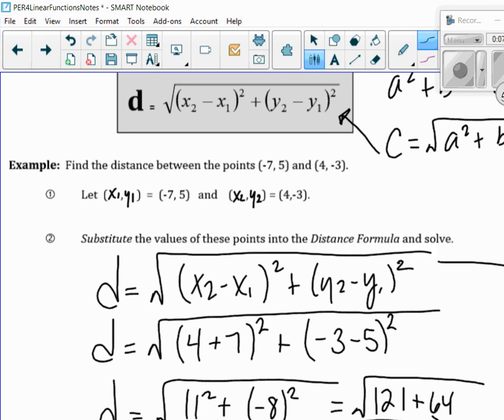So the first point was negative 7, 5. So here's negative 7, 5. And the second point was 4, negative 3. So 4, negative 3, say there. You see, we're trying to find this distance. So essentially what we did here is we created a right triangle. Do you see? And so the length between here and here was the distance, I should say,